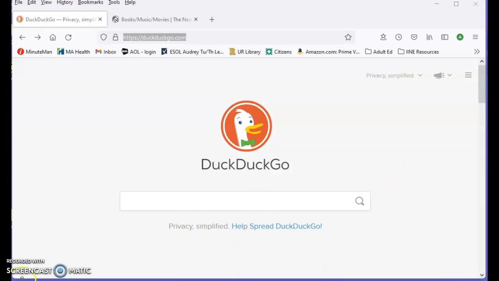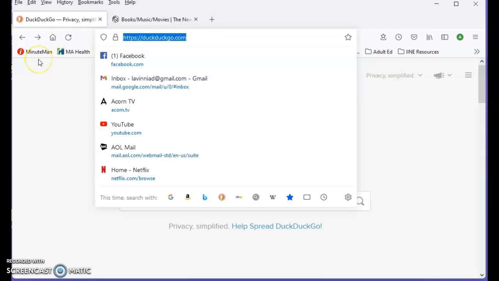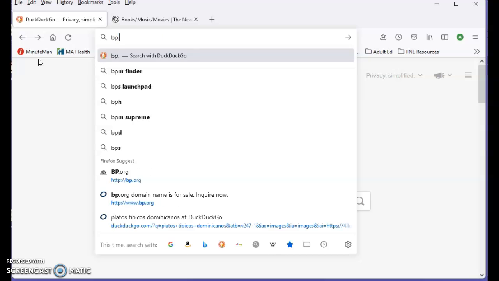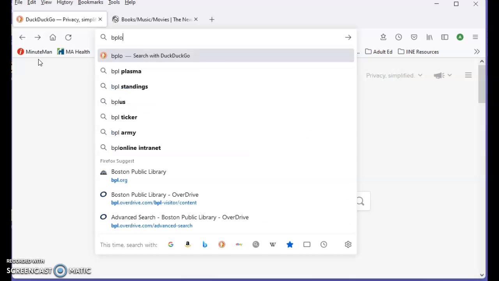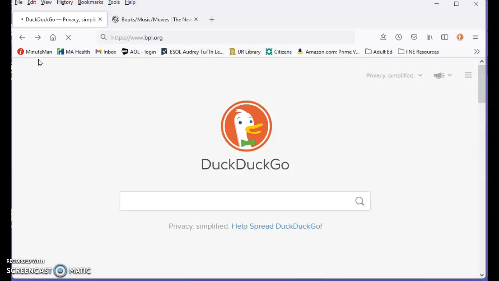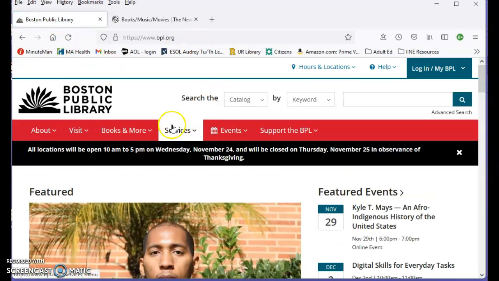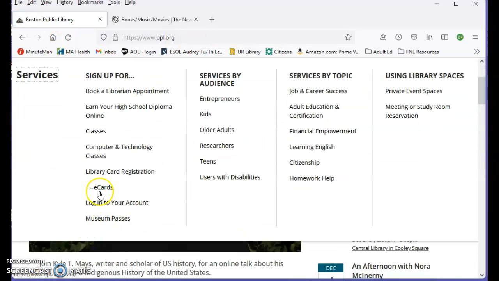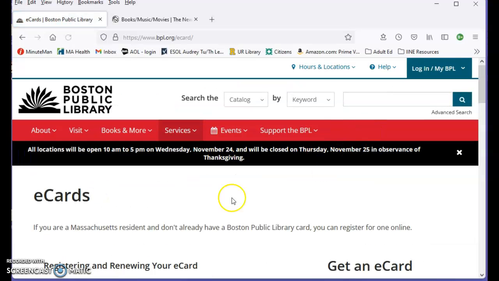A library card is free. The only thing that it requires is that you're a resident of the state where the library is. So, for example, you folks in Massachusetts can go to the Boston Public Library. The website is bpl.org. You can click Services and then e-cards, and it will tell you all about how to apply for an e-card